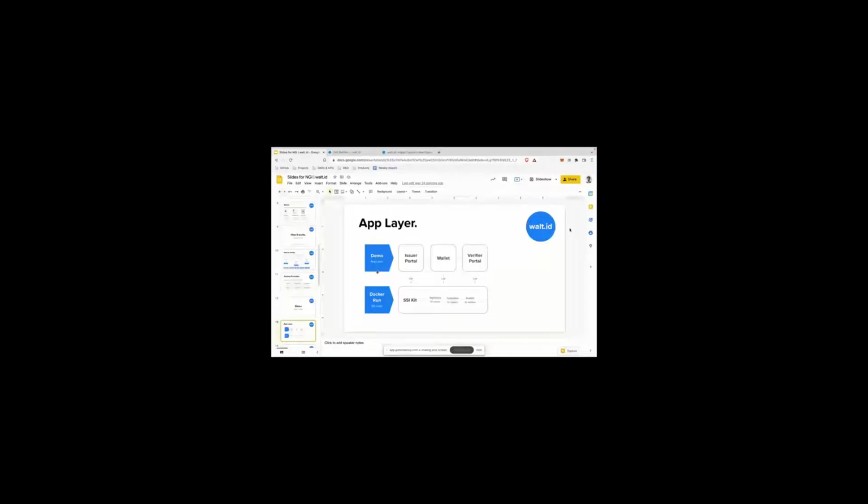You can try the SSI Kit from the command line. I'll also be pasting a link in the chat later on that gives you a little bit more information on how to do that. Generally, we have our documentation also publicly available, and we're currently giving our documentation a facelift, which means that it will become hopefully a bit better over the next couple of days and weeks. But today the focus is really on the application layer.